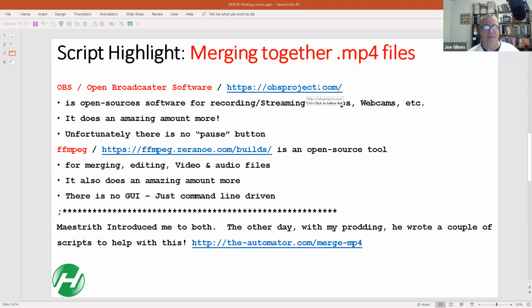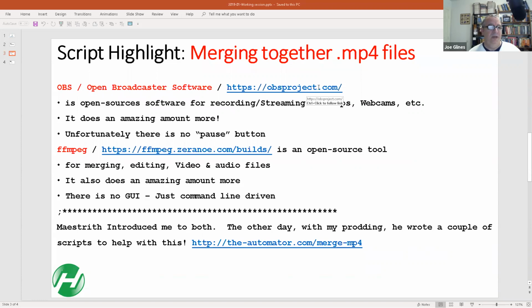But other than that, when you would record, it didn't record into MP4 straight away. After you did the recording, it would have to re-encode it, to convert it to MP4 files. And if the video was 45 minutes, it could take 30 to 40 minutes to do that re-encoding. So it was a long process.